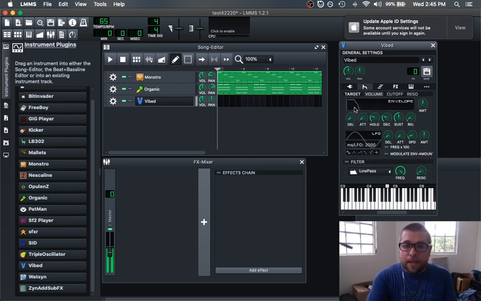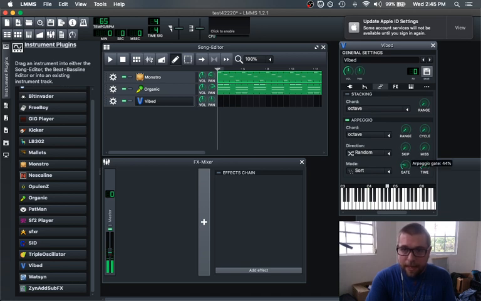Then I can go into the envelope here. You get a little more bowed out, right? And that attack down just a little bit. Nice. Make that gate longer now.